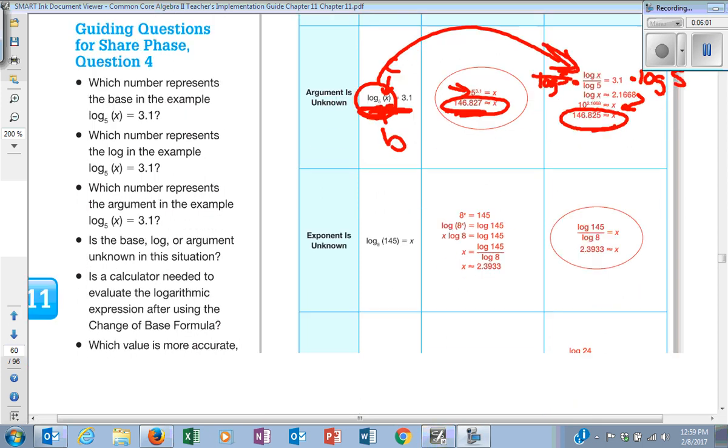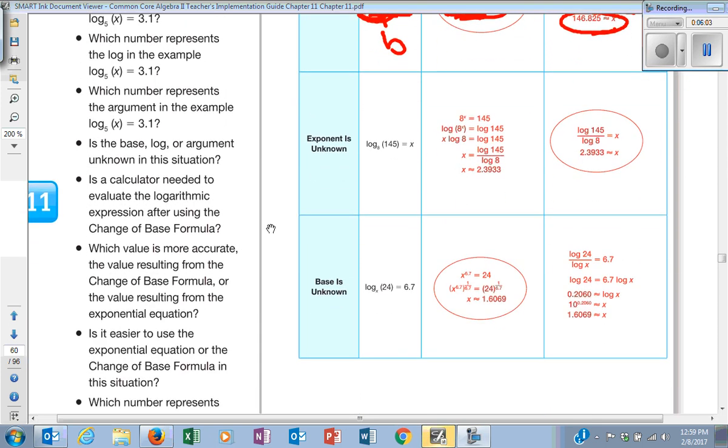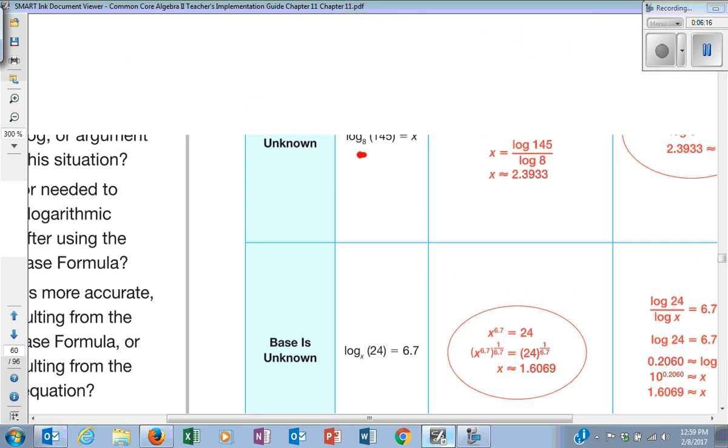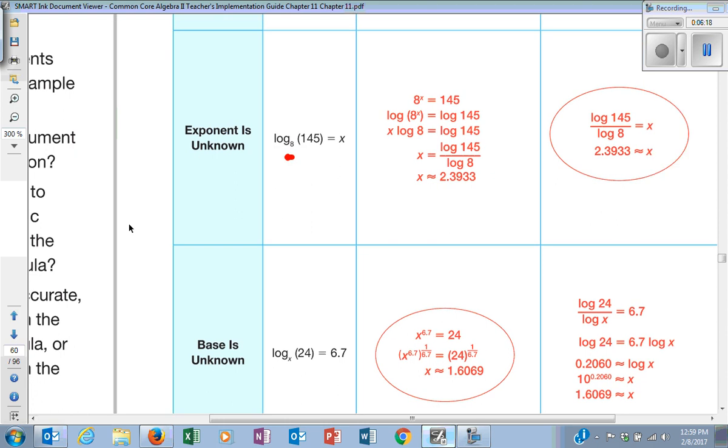So these are just different things. I'm just going to scroll through properties of how we can solve. If the unknown is the exponent, this would mean that's an 8. So if I have 8 to the x equals 145, which is what they have right there,